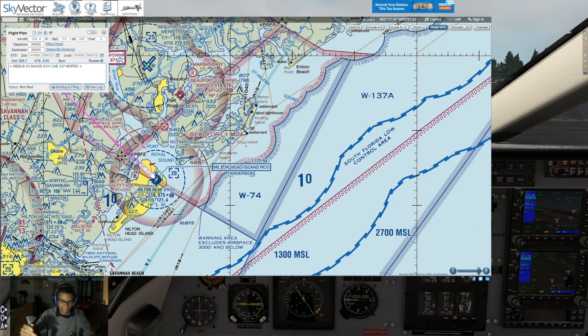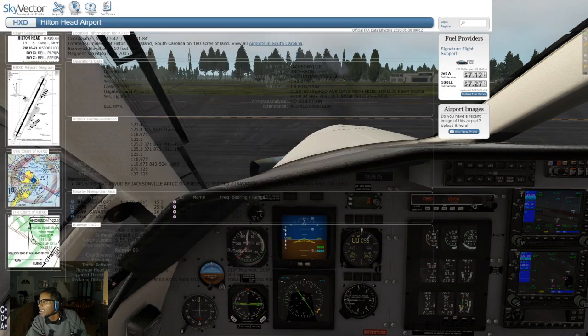So I'm going to make a note of that. 118.975. My ATIS frequency is 121.4, and my ground frequency is, and I actually need to pull up